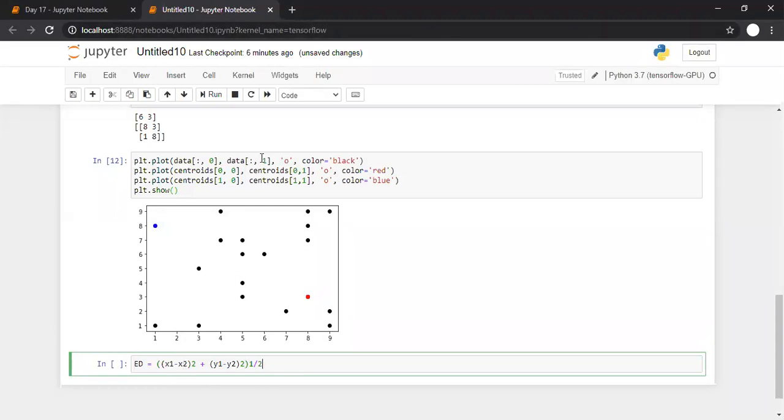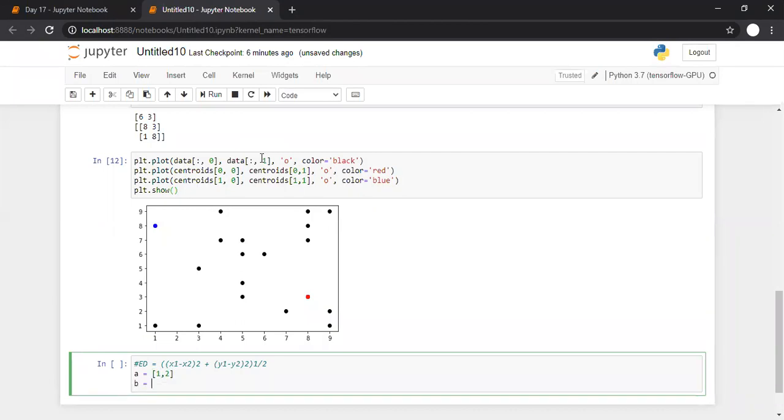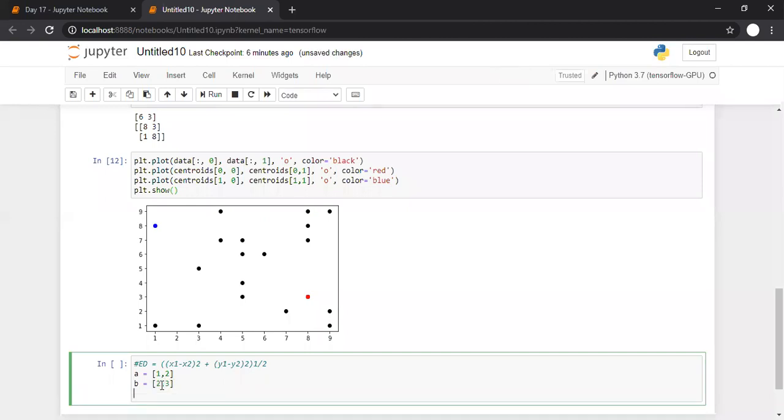So let us see how you can calculate Euclidean distance in NumPy. It is a simple thing. Let us say you have A as 1 comma 2 and you have B as 2 comma 3. Now if you want to calculate the Euclidean distance, can I write something like this?